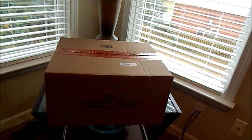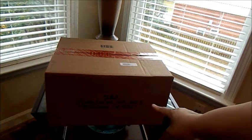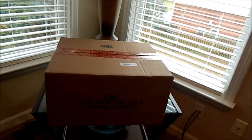As you can tell from the box, it's from our favorite place, Dooney & Bourke. This package shipped out of California, and I'm probably at a point where I officially need to go on a